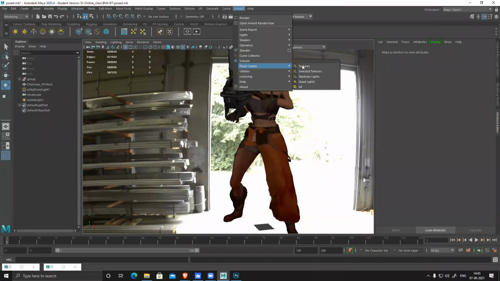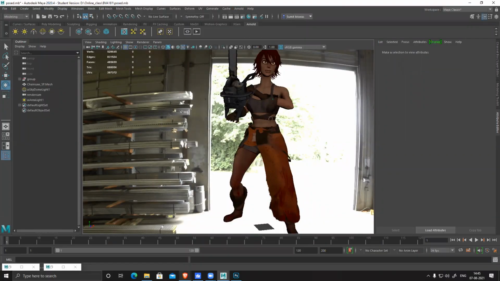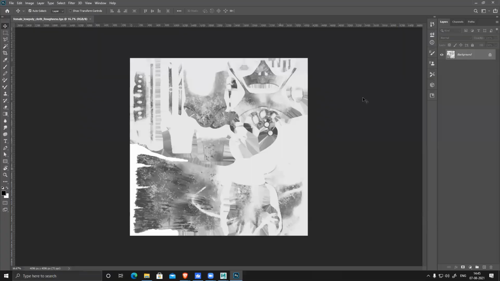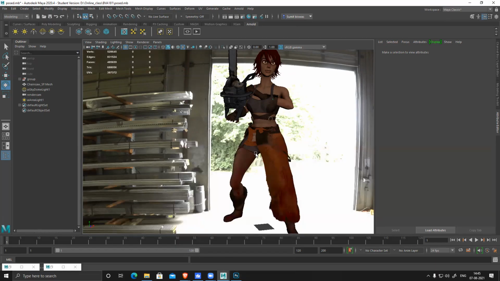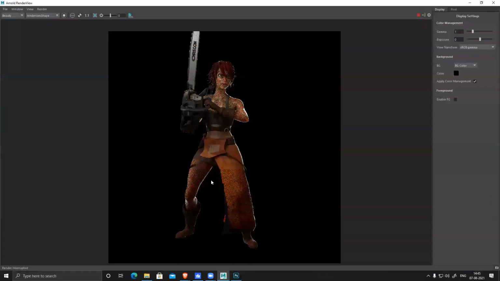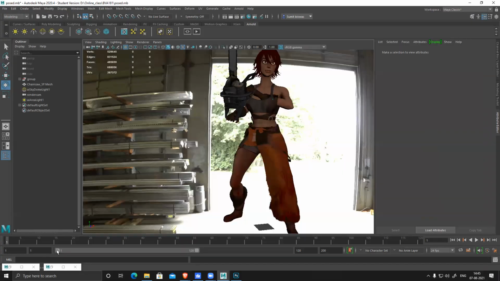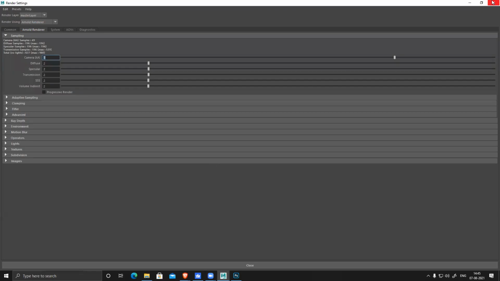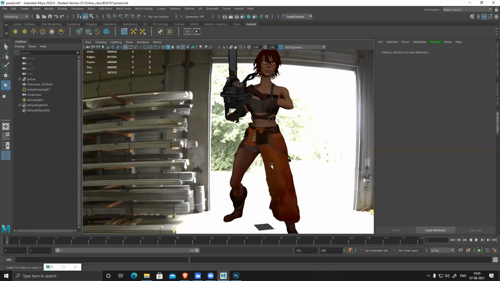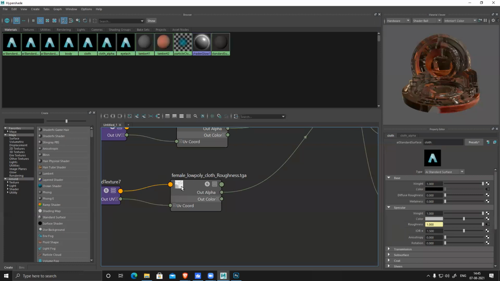Okay. Double click will update this texture.